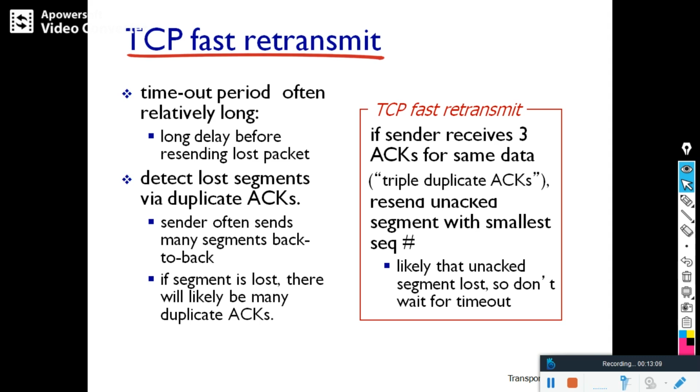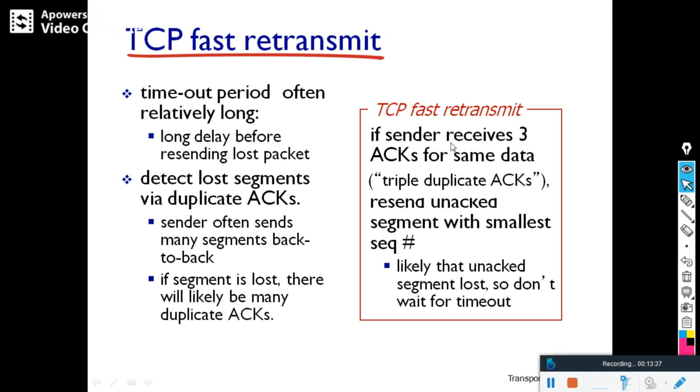So whenever there is a long delay, then the sender will send packets, retransmit, that will result in a duplicate acknowledgement. So here there is one more classification of this one that is called the TCP fast retransmit.